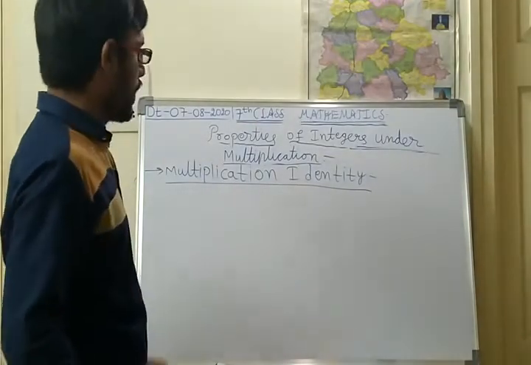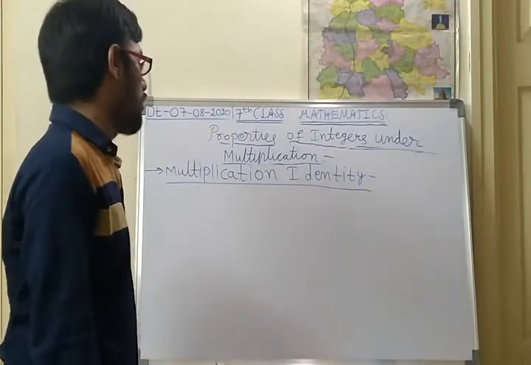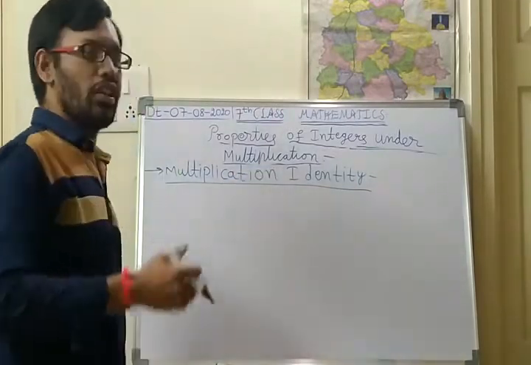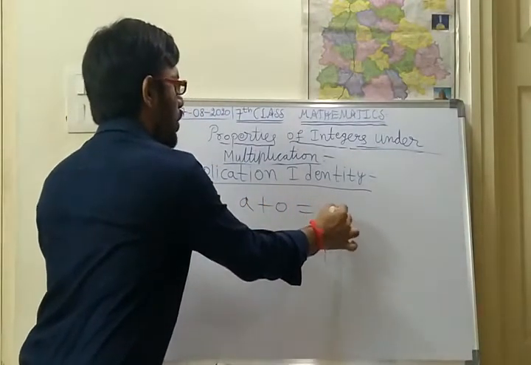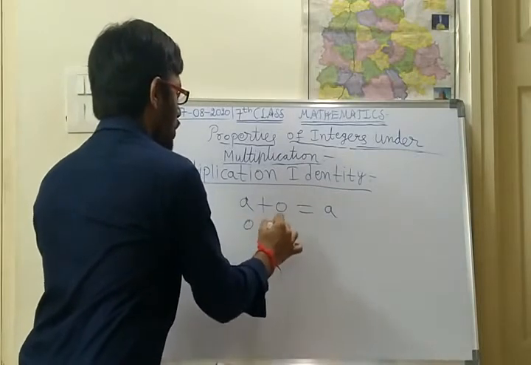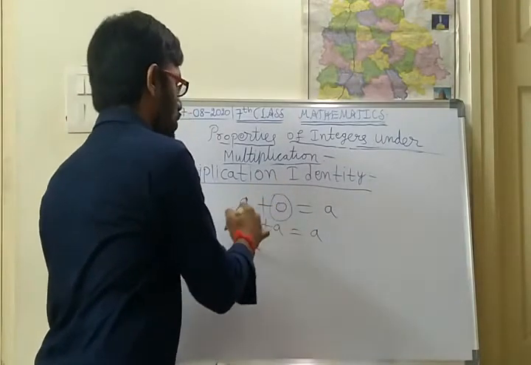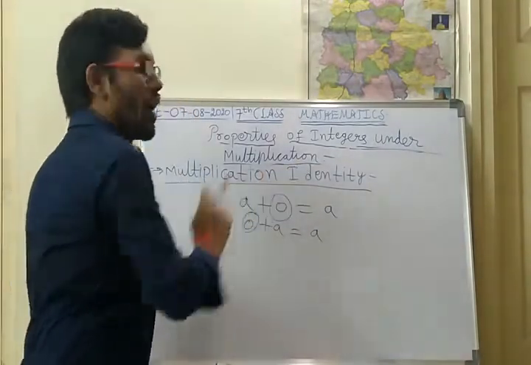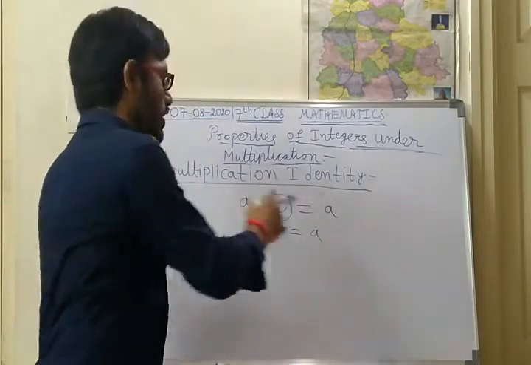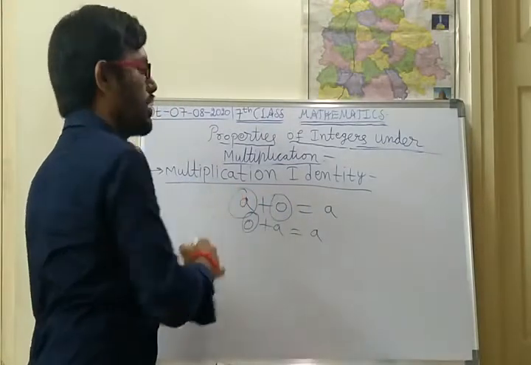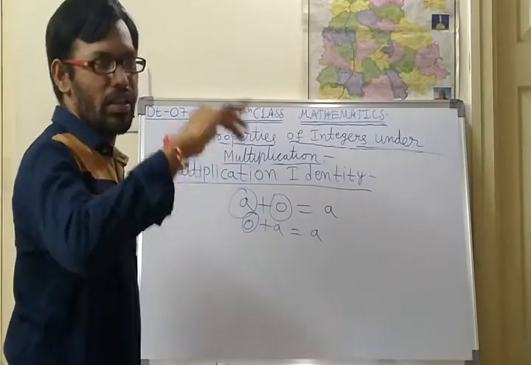In the additive identity, that means in the addition properties, we have seen additive identity. In that, what have we taken? a plus 0 is equal to 0 plus a is equal to a only. So here we have taken zero in the additive identity. If 0 is added to any integer, then the result also should be the same integer only. Like that we have taken in the additive identity.